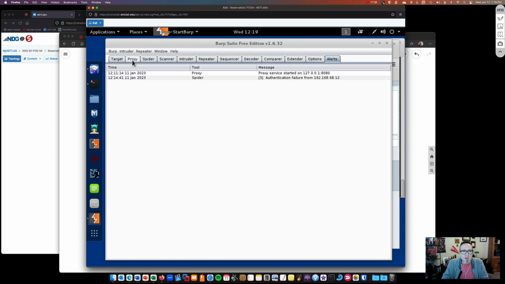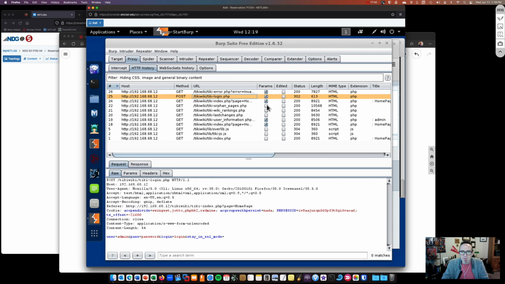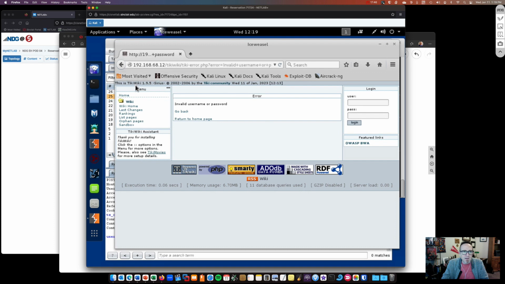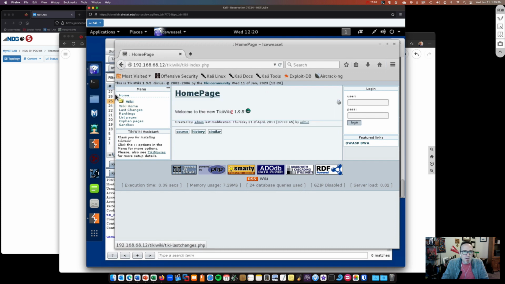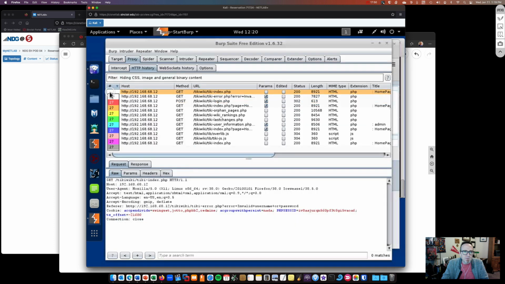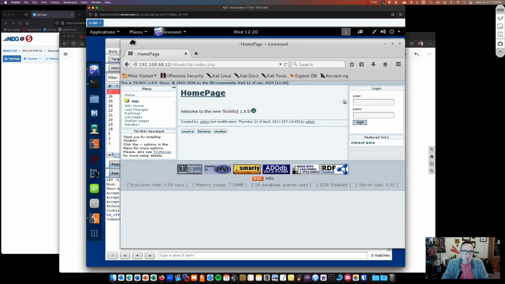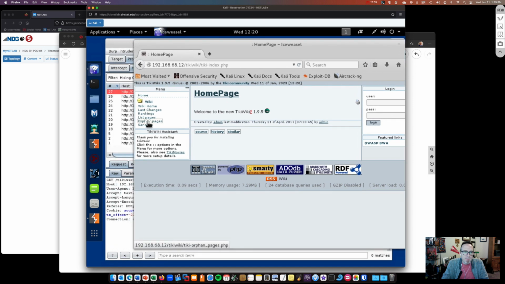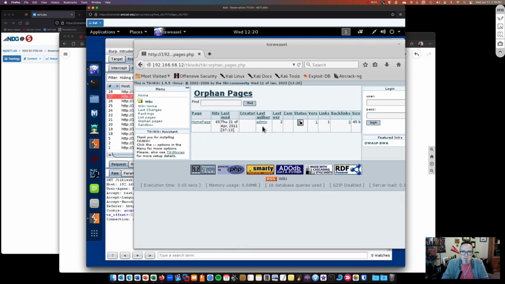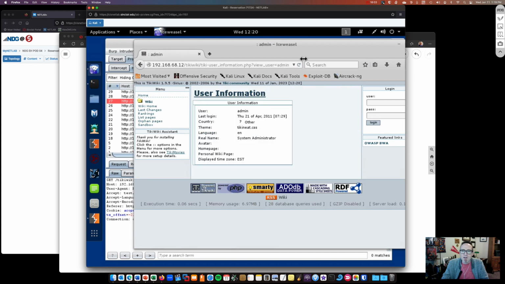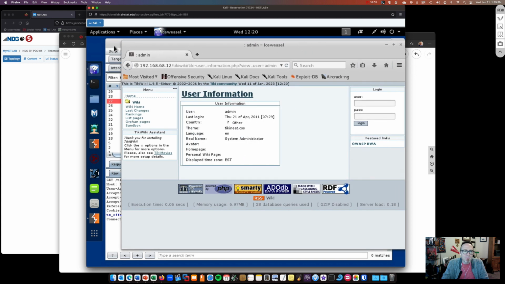And we can see our proxy here. So here we can see everything we've done. We can see what's been sent back and forth. So even if you manually click on stuff in here, you see back there, we'll highlight that one there. Let's highlight that red. And you can see as I click in the background, everything is being captured. So bam, orphan pages, admin. So again, we're seeing everything that's happening,